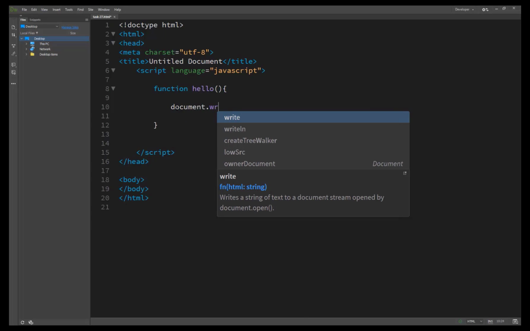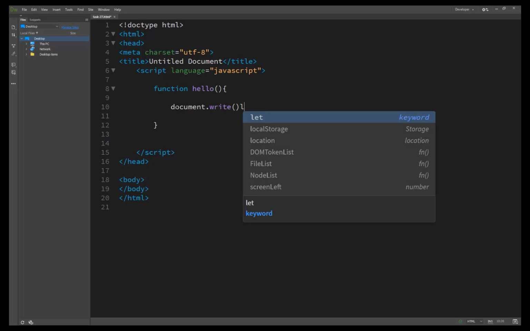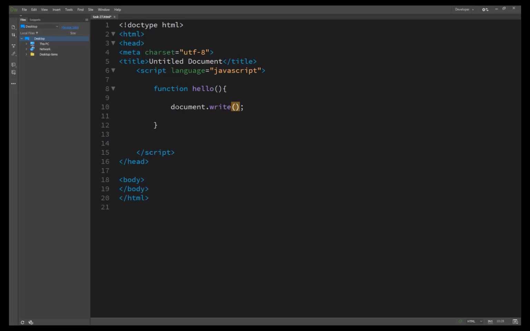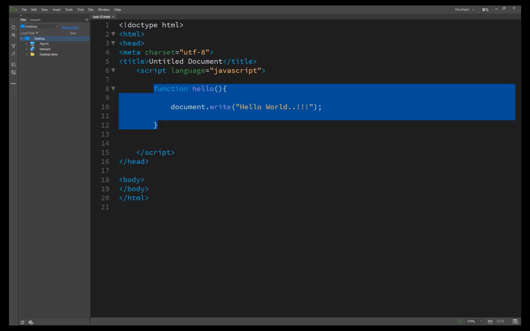It calls document.write, and inside it we pass hello world. Save this. But as we already learned in task 24, even if you have successfully created a function, it doesn't work unless you call it in your web page or in your program.